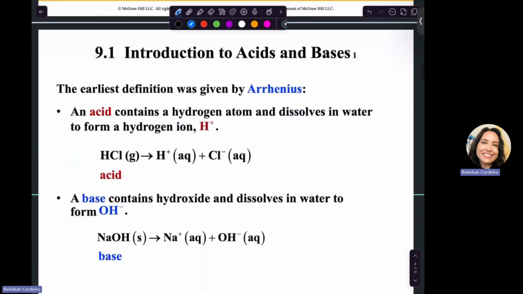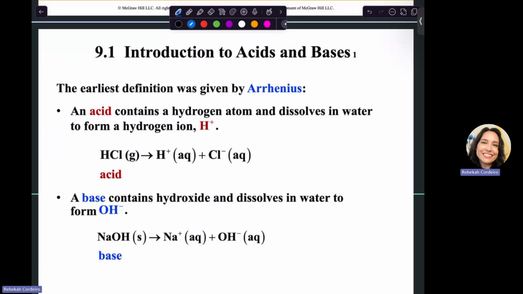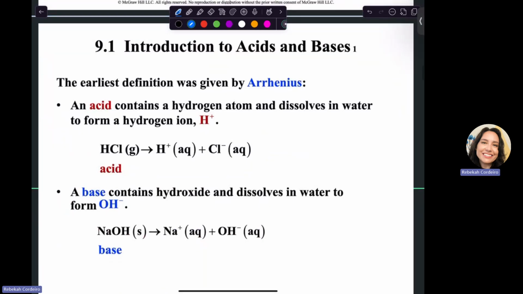So in this chapter, we're going to be talking about acids and bases. And we want to go through what is an acid or a base. There's a few different definitions of acids and bases, and the first definition was given by Arrhenius. Basically, Arrhenius says that an acid is something that contains hydrogen and makes hydrogen ions when it breaks down